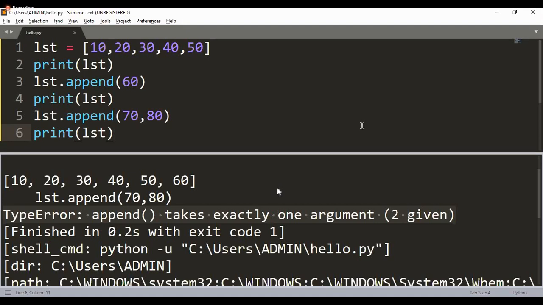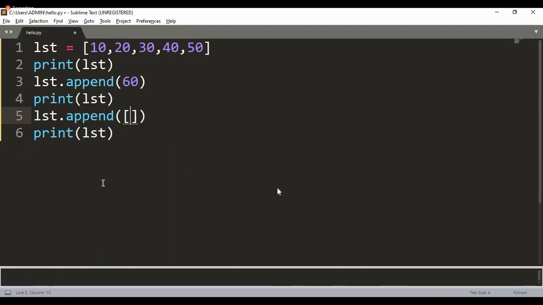If that is your expectation, whenever you want to insert multiple elements using the append function, since the append method expects a single parameter, whatever data you want to give, you better enclose it inside a list. Now, sir, how does it make the difference? Look at it from the append's point of view. Append is expecting a single argument. How many arguments have you given? A single argument. What is that argument? It is a list.